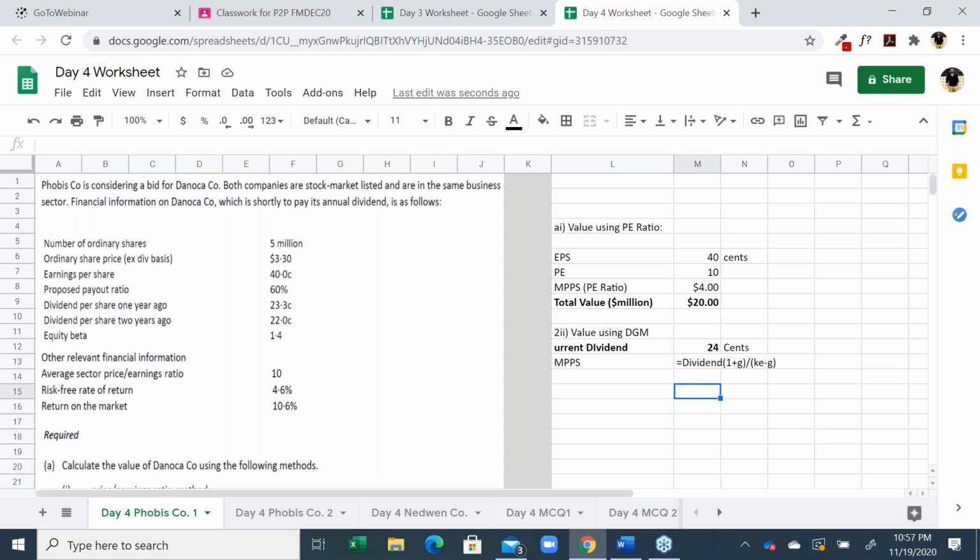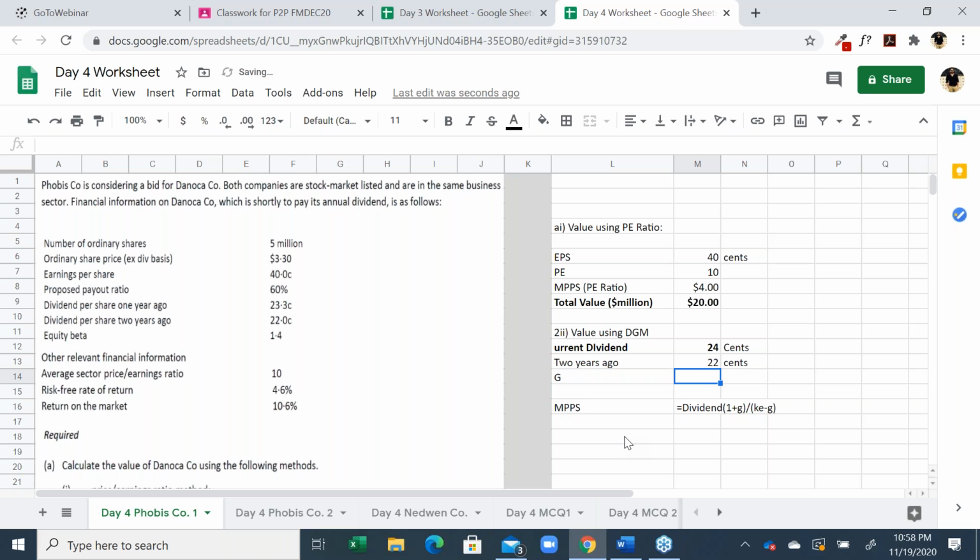So, do we have a growth rate? We don't have a growth rate, so we have to calculate it. The latest dividend is 24 cents. What's the earliest dividend? Which one is the earliest dividend? 22 cents, yeah, and that was paid 2 years ago. 22 cents. And now we have to find out the growth